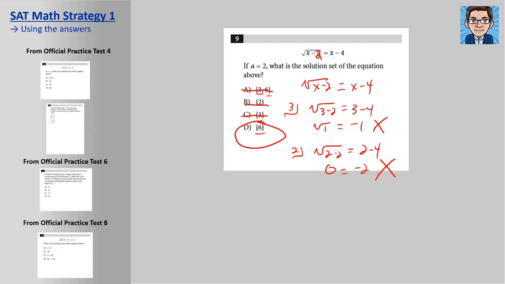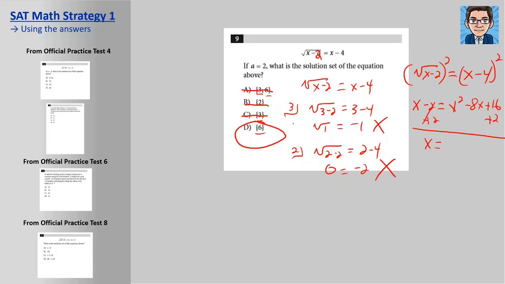Now on this one, just for this one, let me show you, if you didn't use the answers and plug them in, let me show you what would be involved here. So first we would plug in the 2 into the equation. And we'd get the square root of x minus 2 equals x minus 4. Then we would have to square both sides. You get x minus 2 equals x squared minus 8x plus 16, if you remember how to do out perfect squares. Then we would have to add 2 to both sides